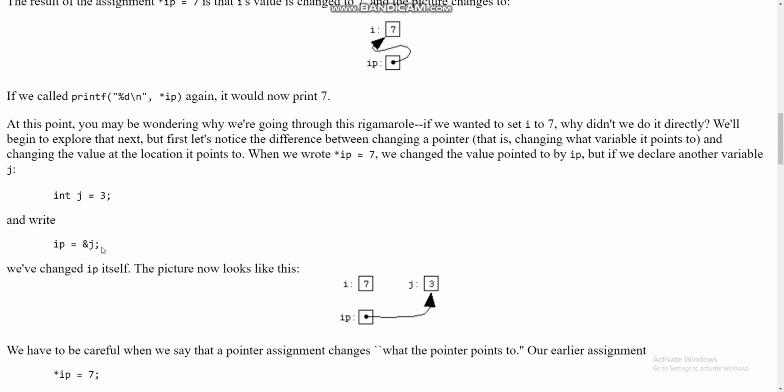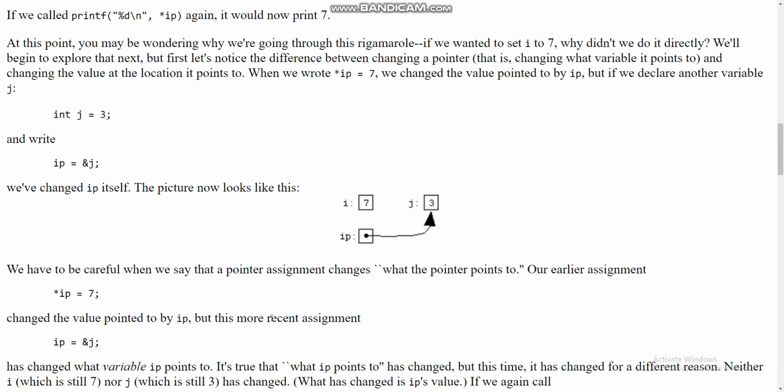ip = &j means now ip points to the variable j. Okay, ip points to the integer type variable j. If we put *ip = 7,